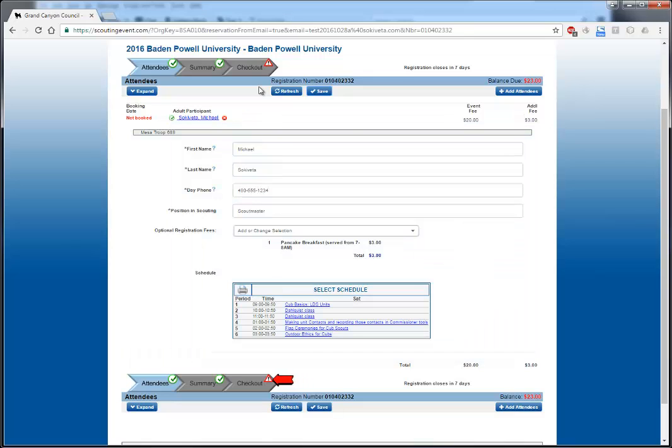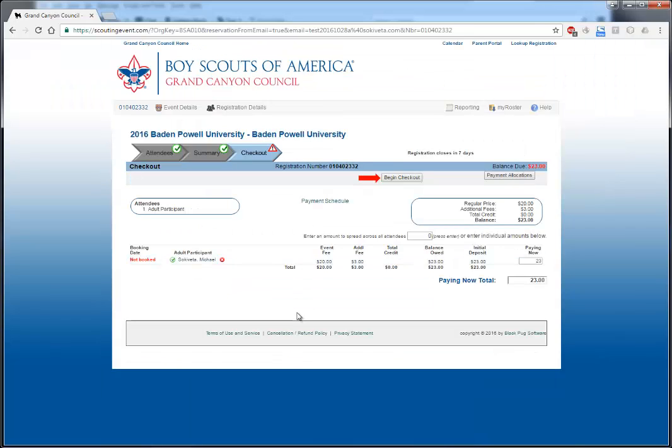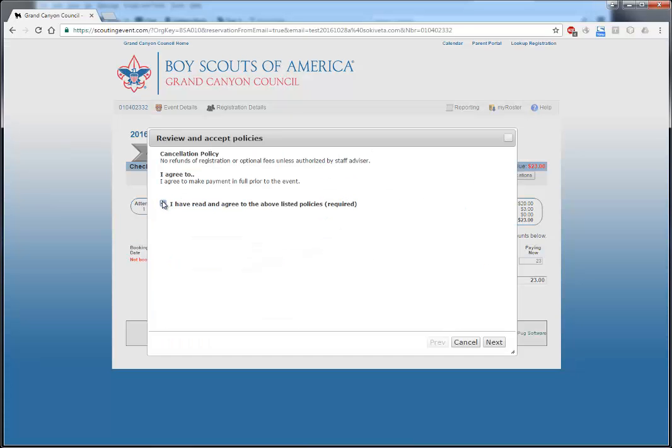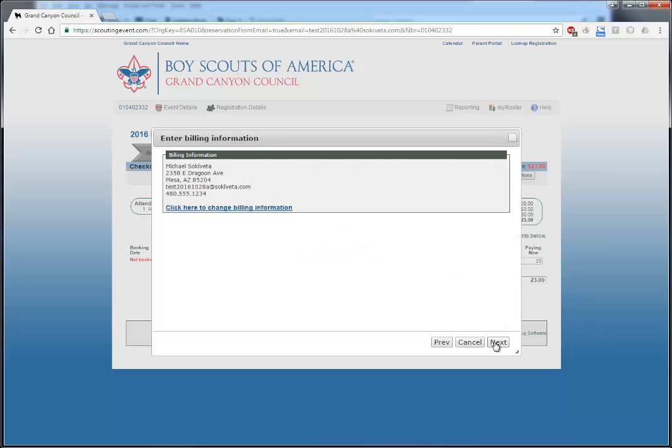Now, however, if you've started a registration and you haven't completed it, which means you haven't paid yet, then you go back to this page and click on this button that says begin checkout next to this very helpful red arrow. Click on that, click on the I have read and agreed to the above listed policies checkbox, click next, and here it's going to